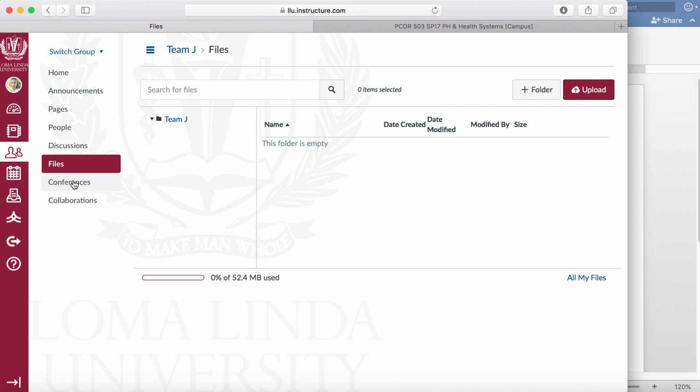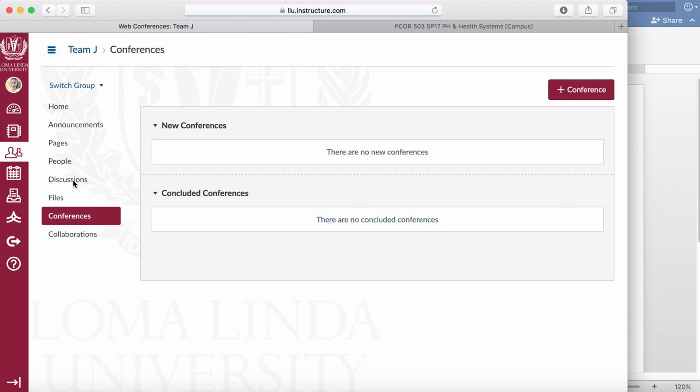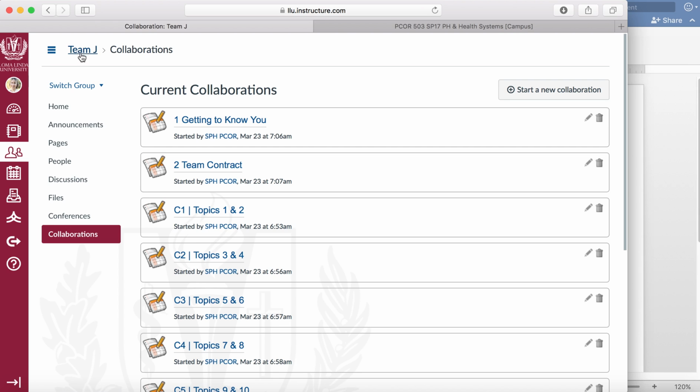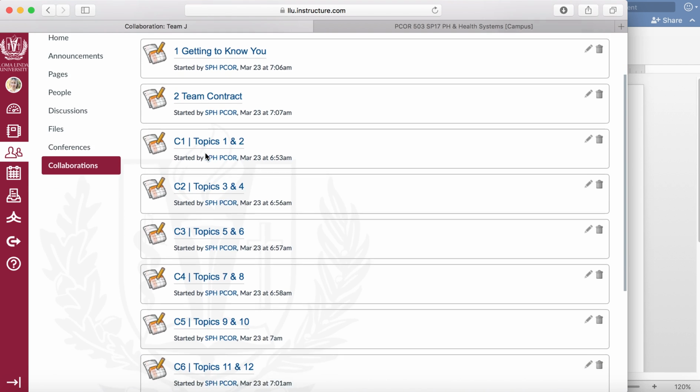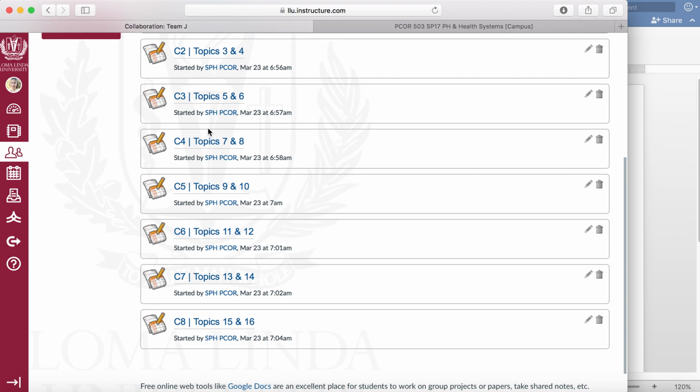And conferences isn't something that we use. I believe it's similar to Zoom, so if you wanted to try that out, that would be fine. But collaborations is one of the areas within your team homepage that you will be using quite a bit. And so what we're asking, so that we can effectively collaborate with you and interact with you as we go through the quarter, is that you click on the collaborations that are here and complete those activities for the different